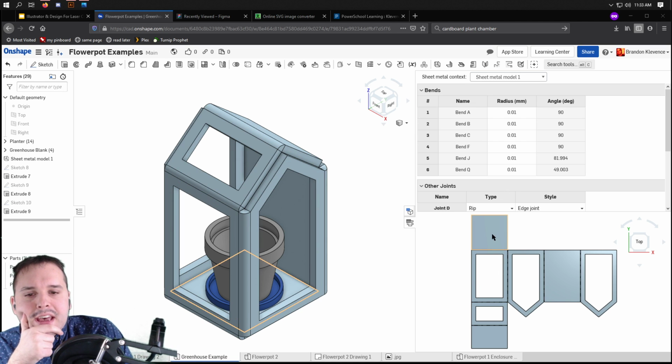Over here we have our flat pack diagram of our greenhouse. So we've